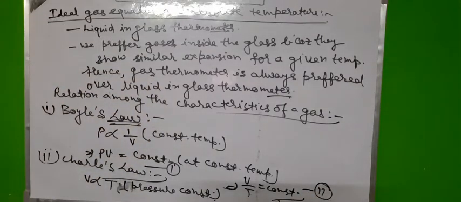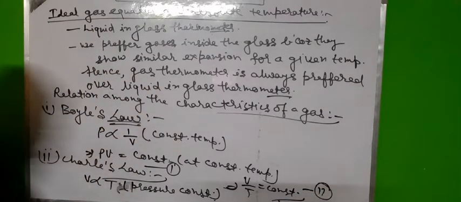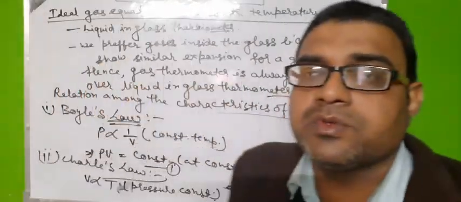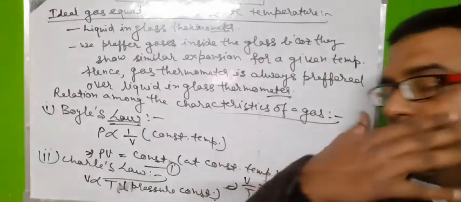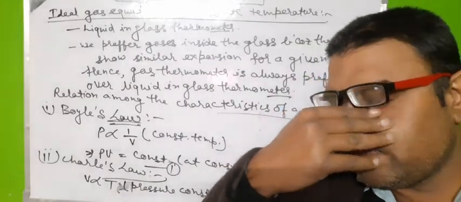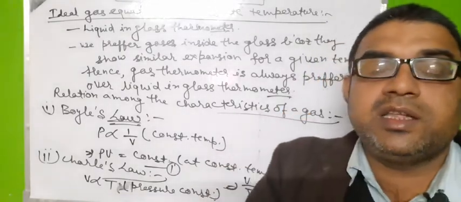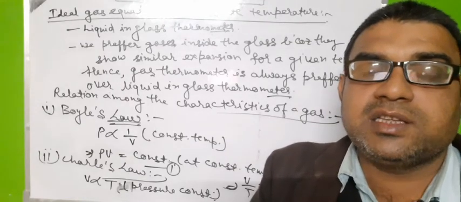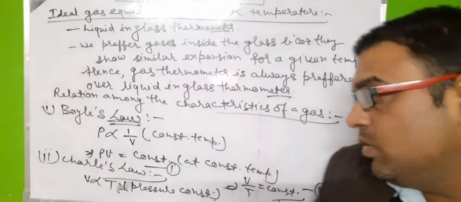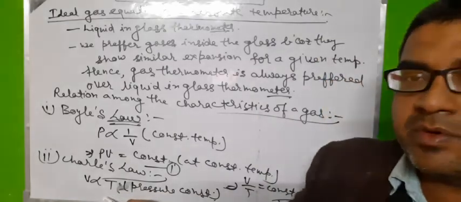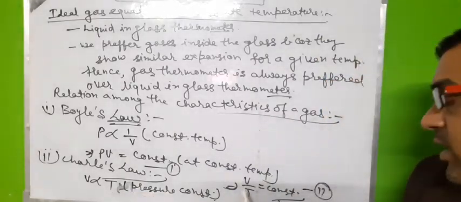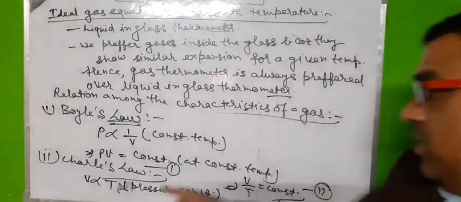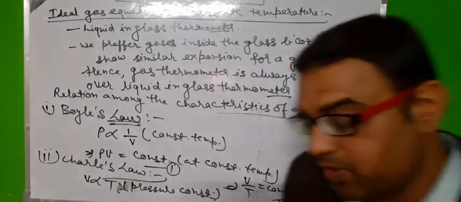Now combining 1 and 2. Here it is clear that suppose you have kept a container, and in that container if pressure is kept constant, then with increasing temperature, the volume of the gas in the container increases. So volume is directly proportional to temperature, and from here we can say that V upon T is equal to constant. So this is equation number 1, this is equation number 2.